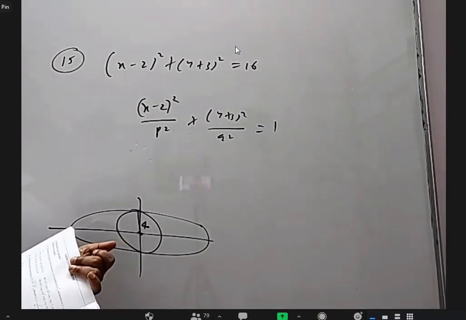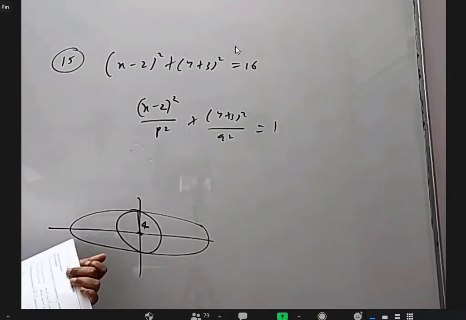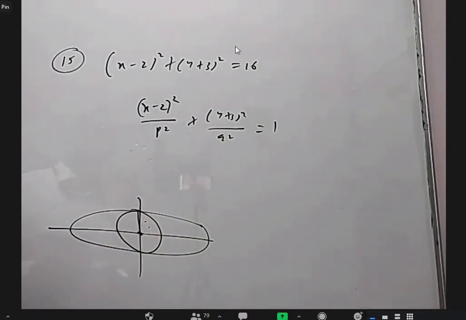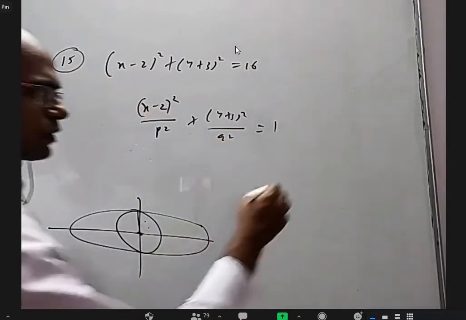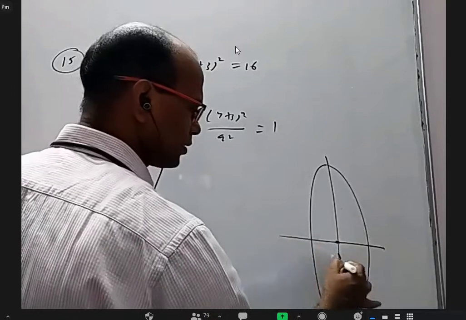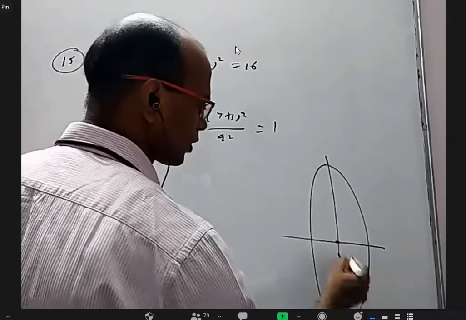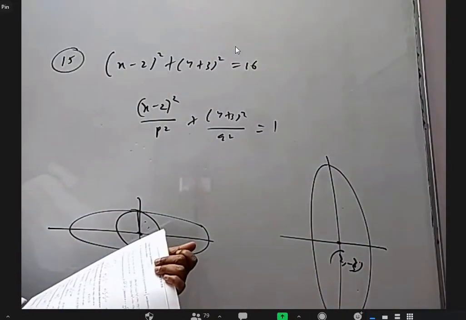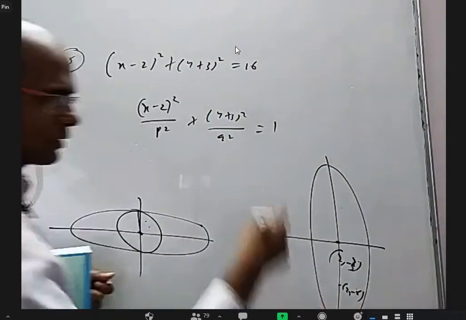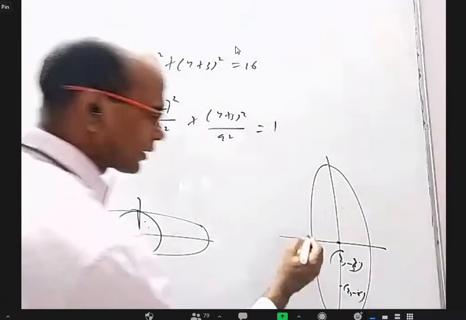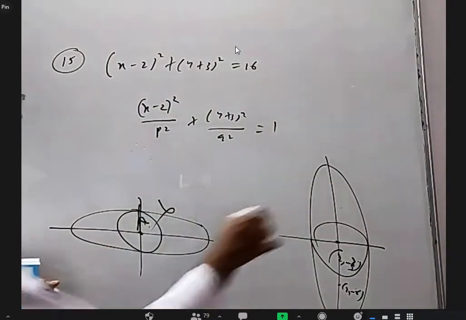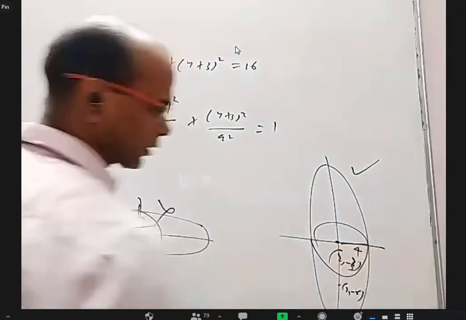And they also said 2 comma minus 6 is one focus. No, we don't have the vertical ellipse or horizontal ellipse. Let us be careful about that. I think it has to be vertical ellipse. Let us see why. What is the center? 2 comma minus 3. And what is one of the foci? 2 comma minus 6. Okay, center and focus have same x coordinates. So it is a vertical ellipse. Then your circle is this one. So 4 is not this length. Sorry. This is the figure. 4 is this length. Is it okay?